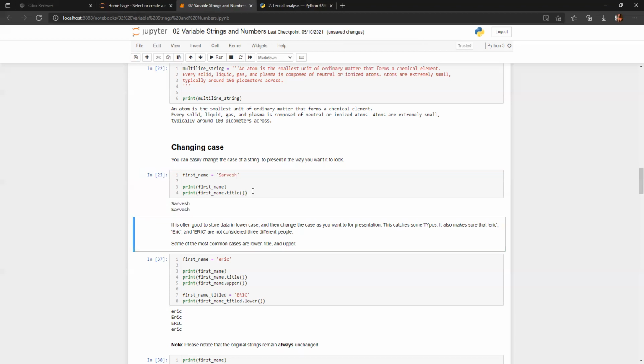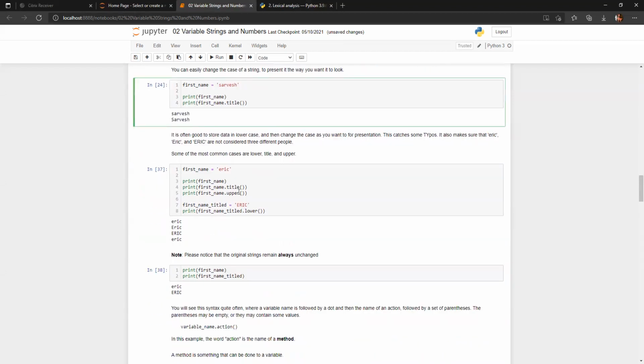Now, if I run this, I simply press Shift Enter, and as you can see here, let me use a normal one. What is the difference between these two outputs? Can you tell me? It is in capital, yes, the first letter. Why? Because I'm using .title() as a function here. So if I'm using first_name.title(), it is converting the first letter to uppercase, or we can say title case. Only the first letter basically, not the whole one.